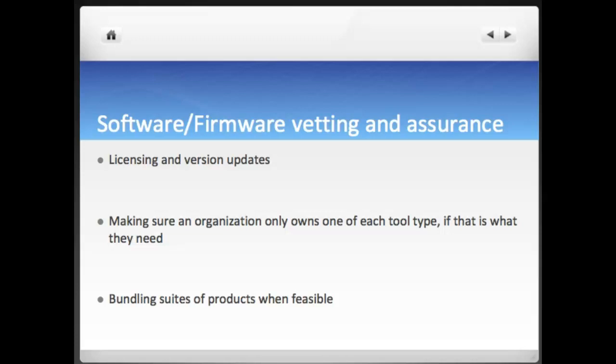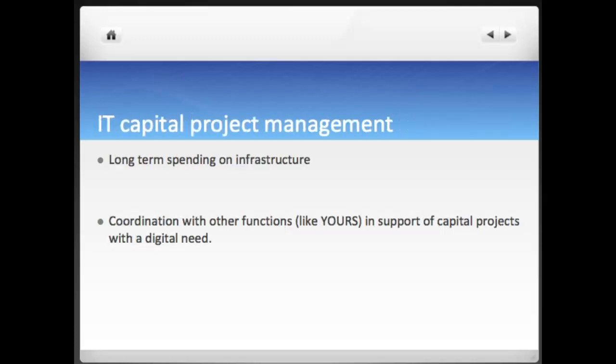And then they bundle those suites of products when it's feasible, and that's really a cost and a complexity thing, right? Would you buy Microsoft Word and QuickBooks? Most likely not. If you're going to buy Word, then you're probably going to buy Excel for your organization, and you're going to have OneNote, you're going to have Teams. You're going to bundle those together for simplicity, and you know that they then work together if you need them to. So again, IT is a gatekeeper on much of what we do in a digital world in most organizations.